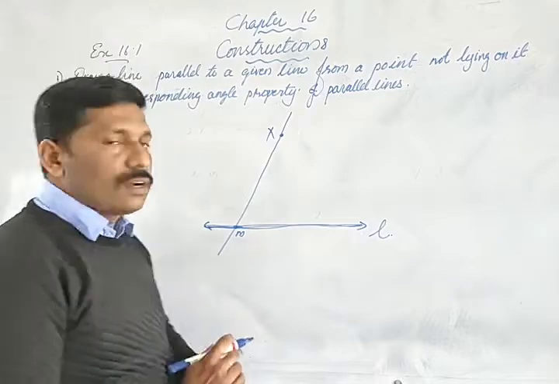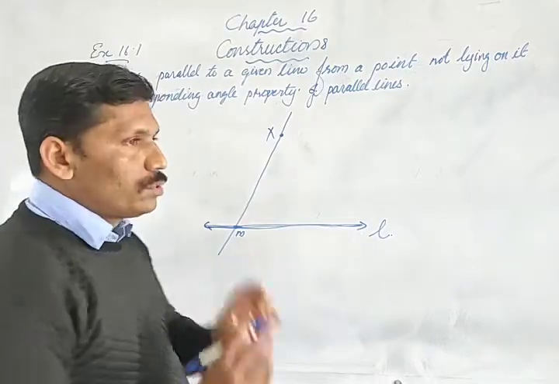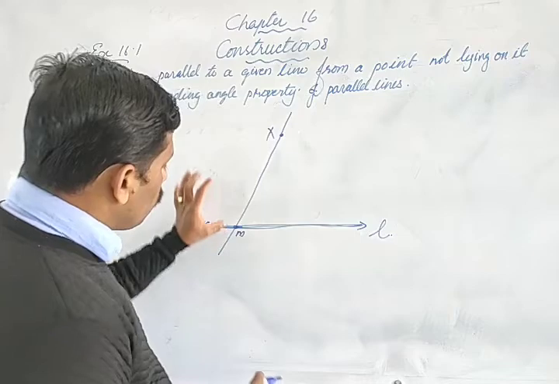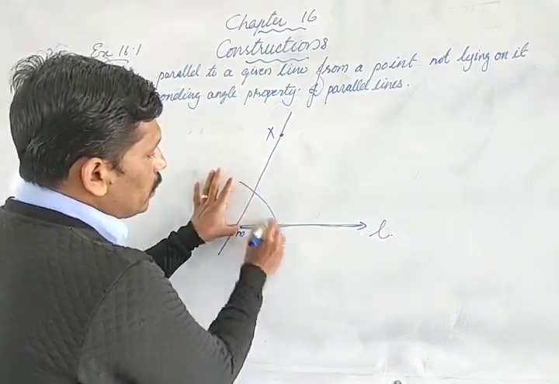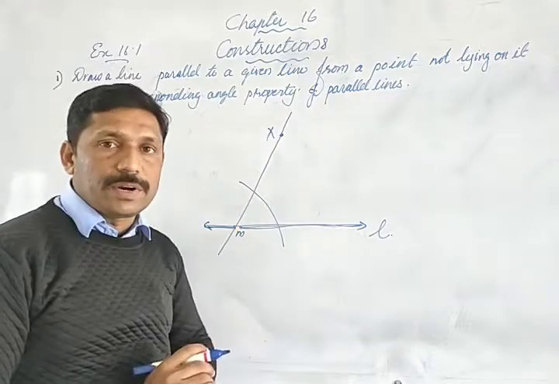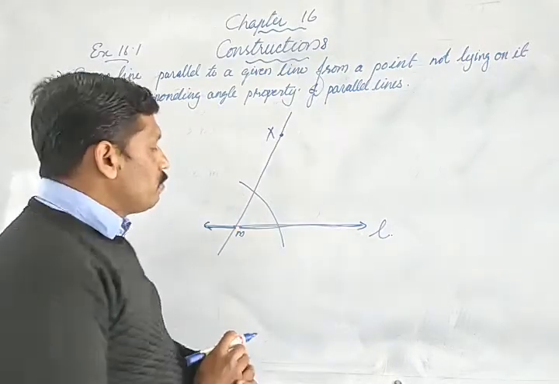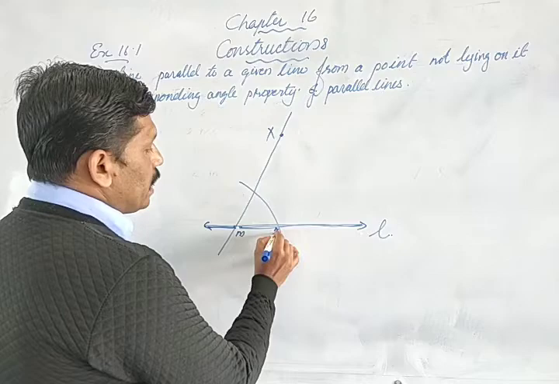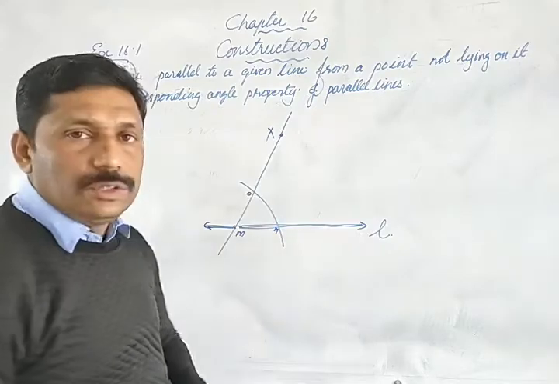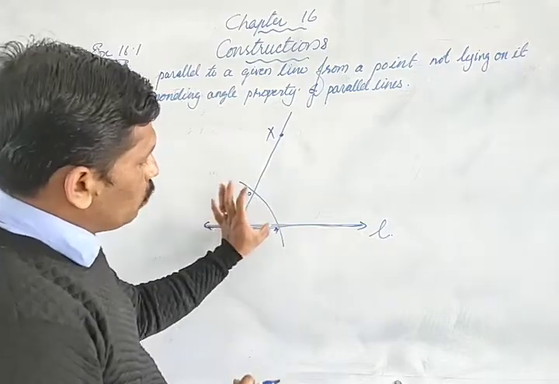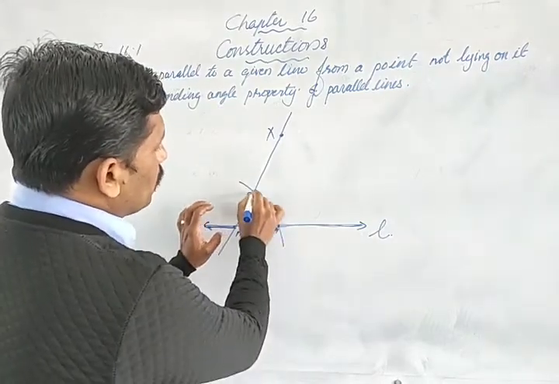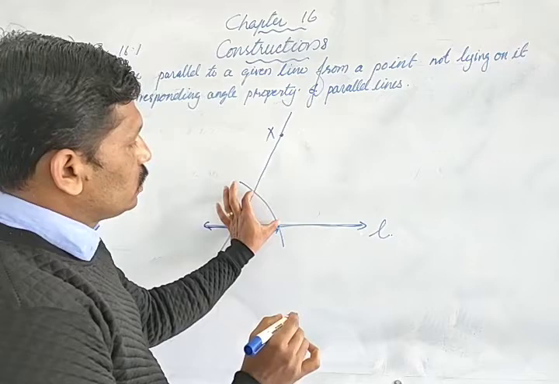So using the corresponding angle, how do we draw that? In order to do that, you set the compass and keep the compass at the point M, and at a suitable radius you draw an arc here like this. After doing that, here we can give N and O. And you have to measure the distance between M and O using the compass. Keep the compass at this point and the other end at this point, and measure this distance.